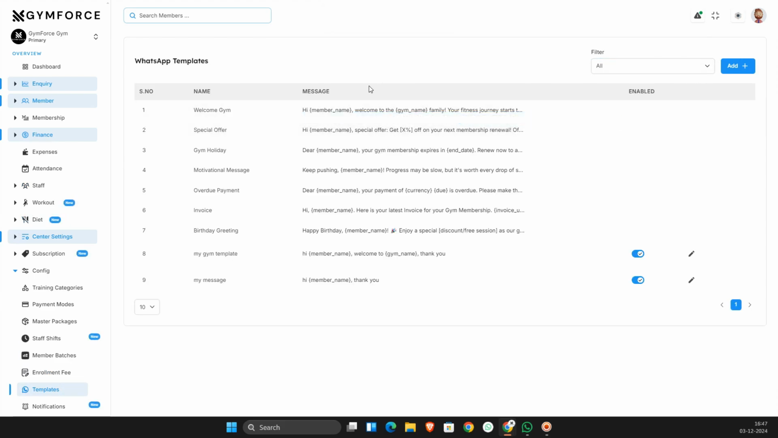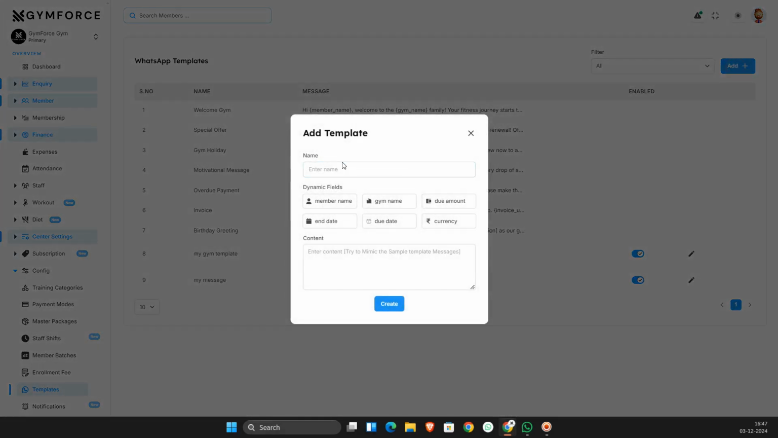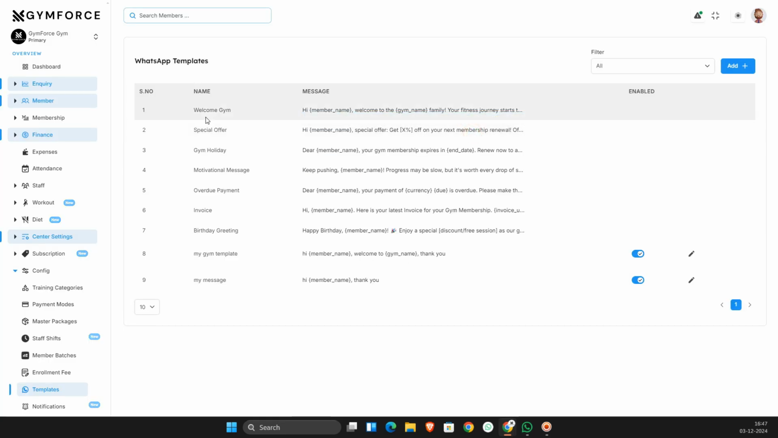For a particular message for a particular thing, like if you want the WhatsApp welcome message, you can click on the add button and mention the WhatsApp message here, and you can write down the message in this particular section and then create. Automatically the welcome message will be created, and it will show like, hi member name, welcome to the gym, and like this. And each and every time whenever you want to send the message, you can always choose from these